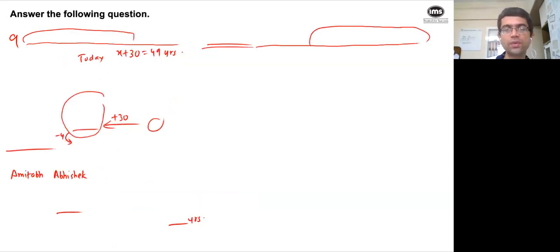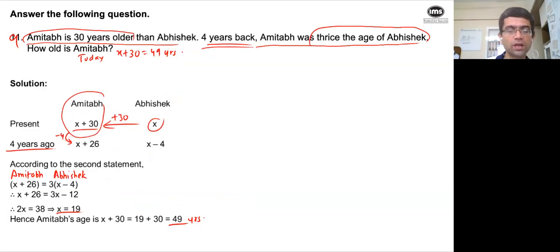Shadan says Amitabh can be x minus 30. See, Amitabh is 30 years older than Abhishek. Amitabh is not 30 years younger than Abhishek, Shadan. So if Abhishek is x, Amitabh has to be x plus 30. If we had not been told who is older and only that the difference of ages is 30, then x plus 30 or x minus 30 would be possible. But here he is older, so it has to be x plus 30. Older is the word used. Hope all of you are clear.